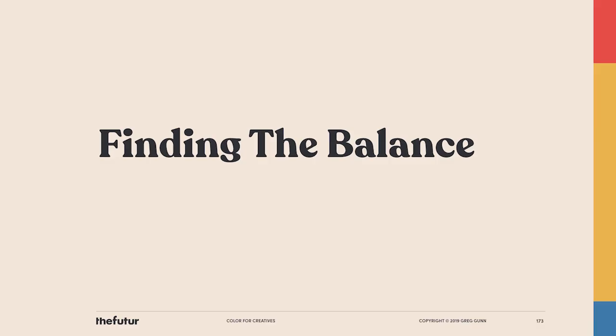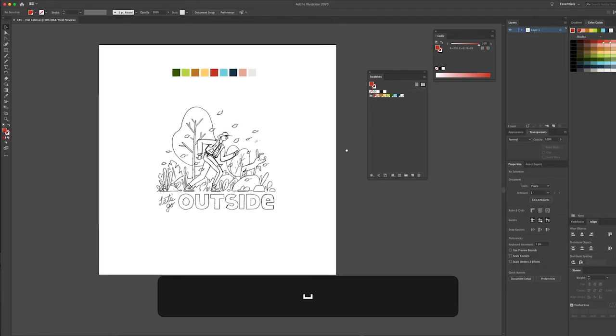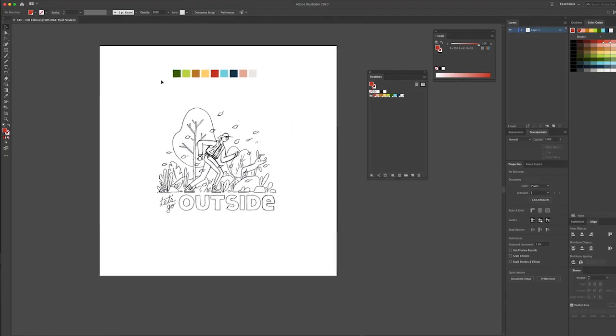Okie dokie, so we've got our color palette, it's ready to roll, but what good is a palette without a canvas? Let's give our colors some context and see how they hold up. All right, we've got our artwork here, we've got our color palette up here, and most importantly, we have our